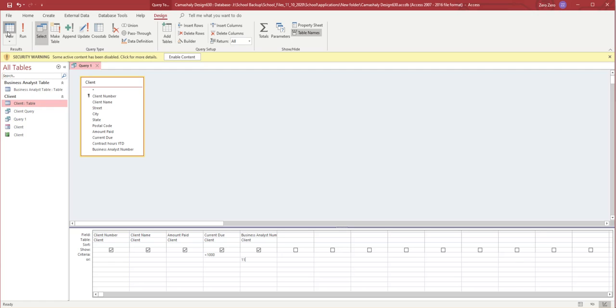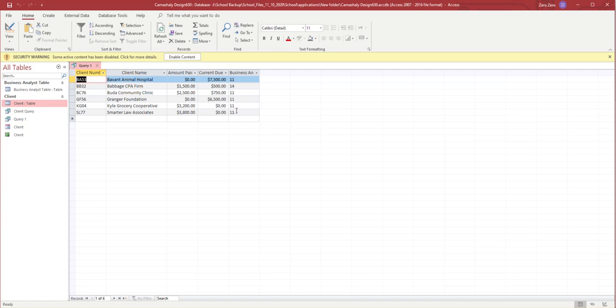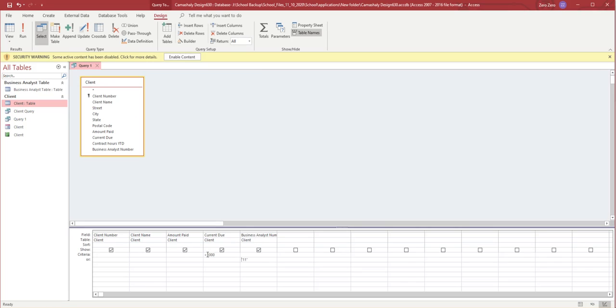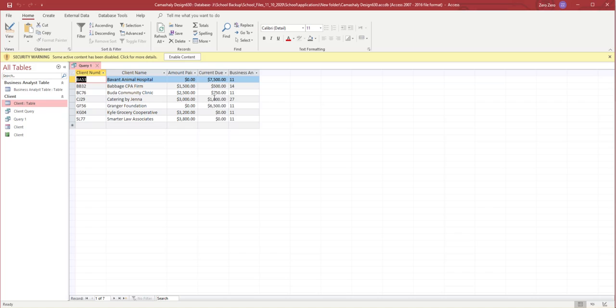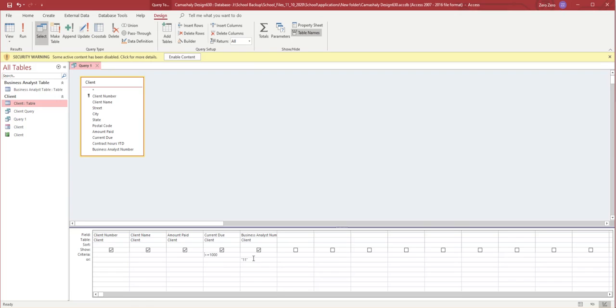Well, anyway, with this, I will see a whole lot more items. You'll see I've got 5 11s and a 14. Now that's not 11, right? But the current due is less than 1,000. So, voila. And again, if I throw in less than or equal to, in this instance, I get this extra guy here because he is less than or equal to 1,000. But this is an or, so either 11 or less than 1,000. If I said and, I would move this back up and put it here. Now, if I said